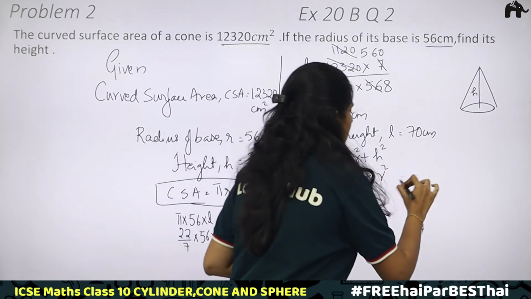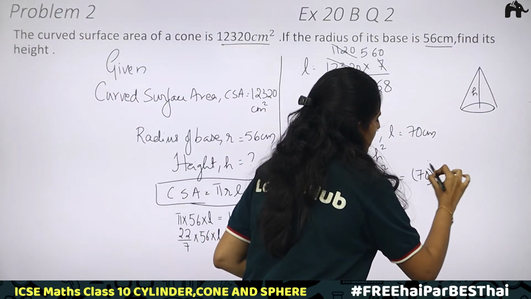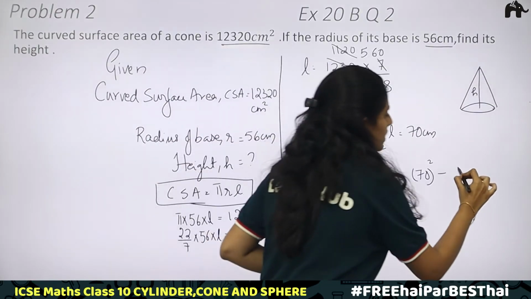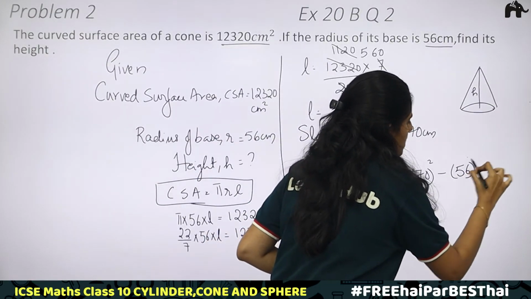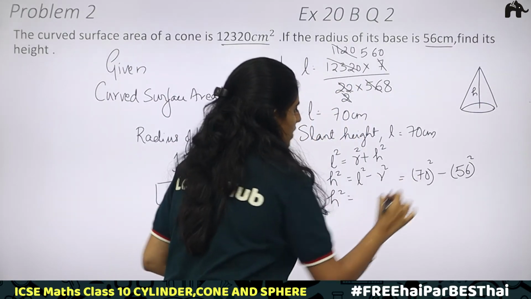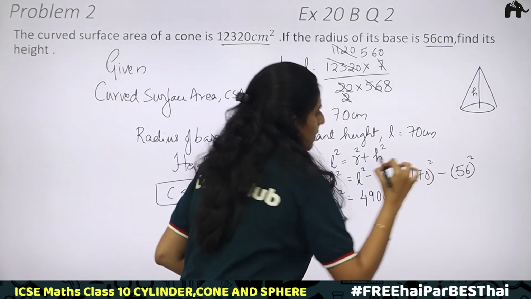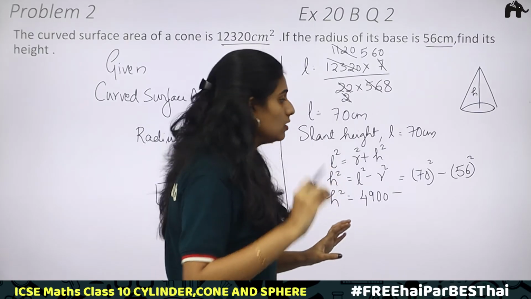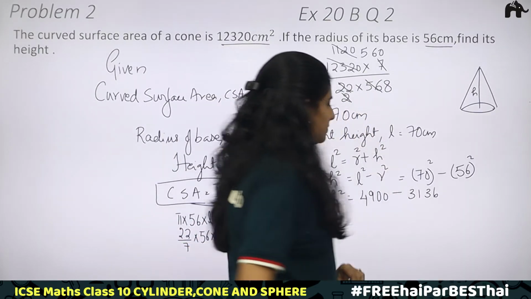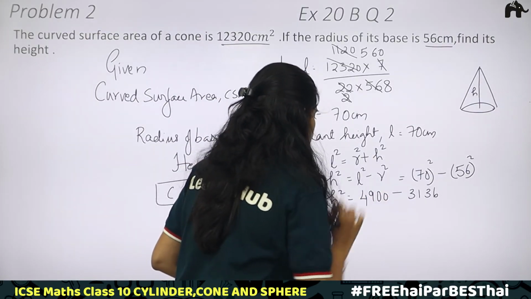Put the values. L we have determined, which is 70. 70 square minus R square. What is the value of R? R is given in the question, which is 56. 56 square. H square is equal to 70 square. 7 square is 49 and 2 zeros. Minus 56 square. 56 into 56 you will be getting 3136. Okay. Now subtracting, we get h square is equal to